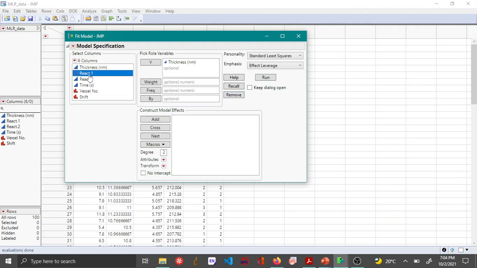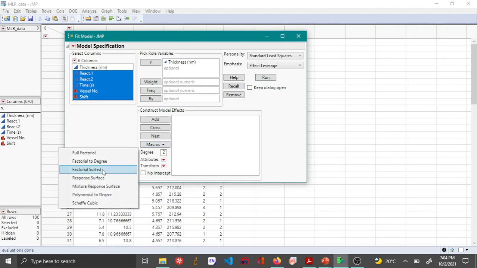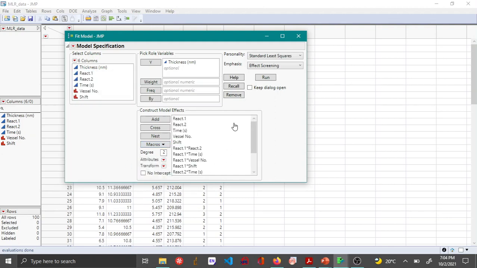So what you do is choose all the variables, and then you can come to macros and then say factorial to degree. So here you can see all the individual variables have been added. Other than that, all the possible two-way interactions have been added.